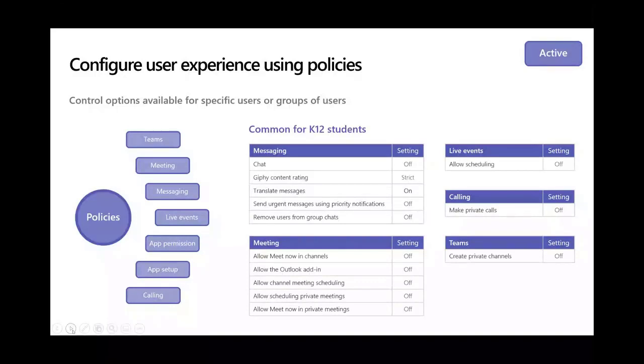We want to disable chat. So when you disable chat, there is no student-to-student chatting. We want to disable all the meeting options so students don't have an unsupervised place for them to meet on this platform. So we've provided a list of policies in which allows administrators to set these types of policies and then let them feel comfortable with Teams as a service.